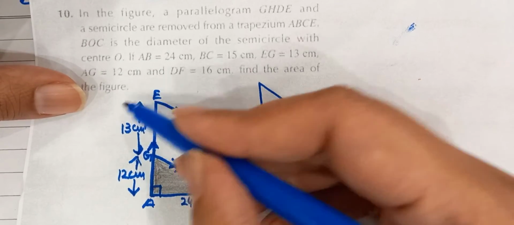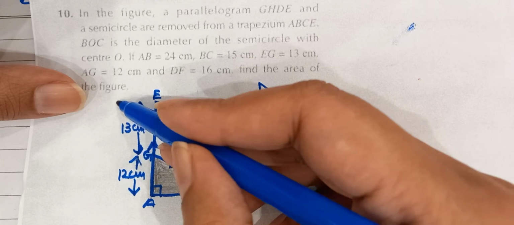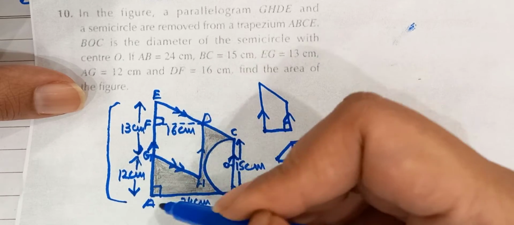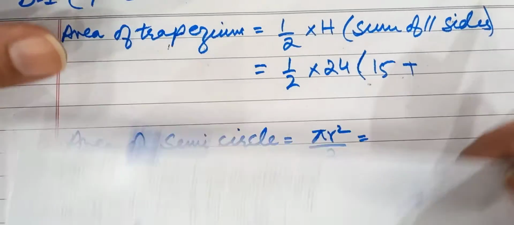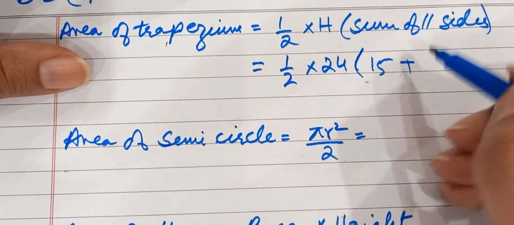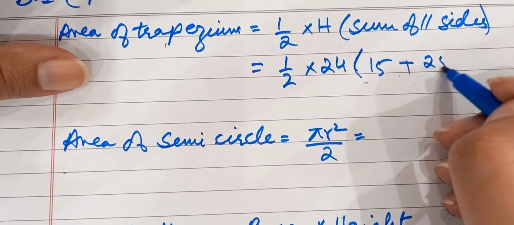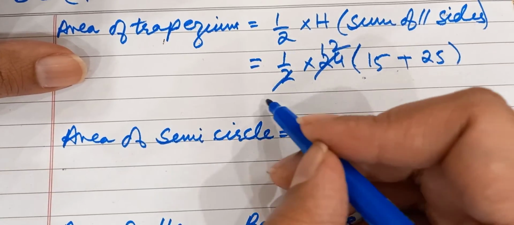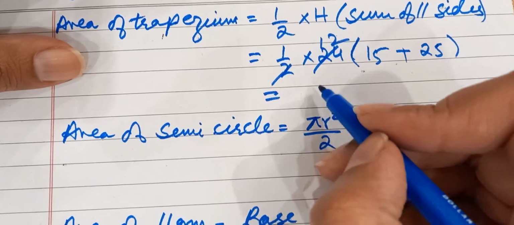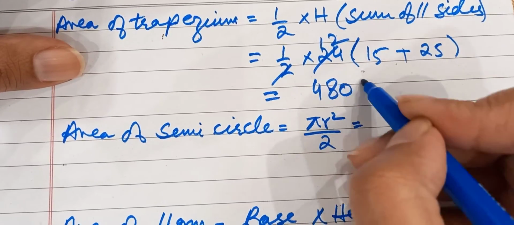So if I add 13 and 12, which will give me the required dimension of this line, 13 plus 12 is 25. When I do my maths, I will be left with the answer, which is 480 centimeter